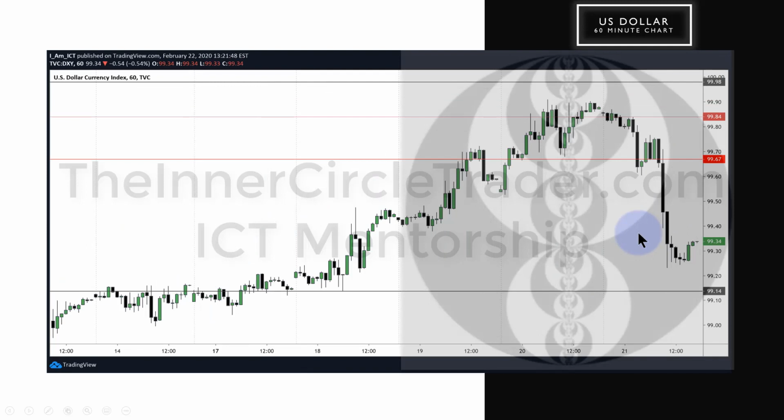Moving into the hourly chart, we can see those levels here. Again, that's that weekly volume imbalance, the high of that. This is that daily bearish order block and the closing of that daily volume imbalance. Okay, you can see price trades into that. And then this is the old daily high. So the market trades during New York,